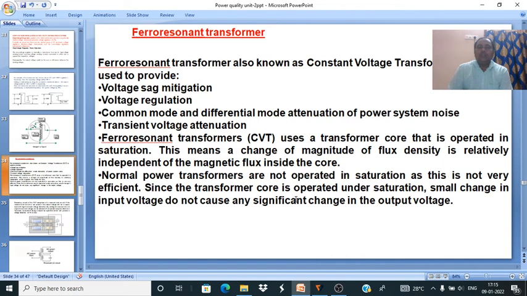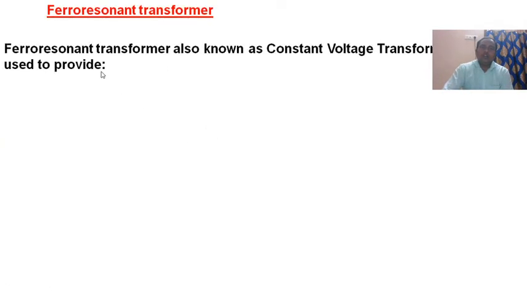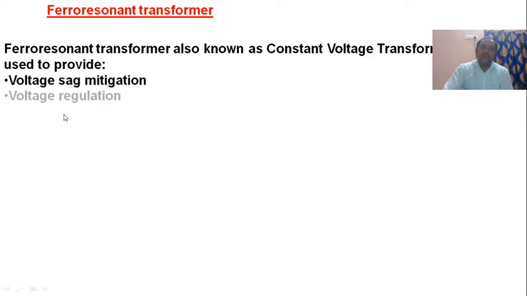Next one is a ferro-resonant transformer, an instrument which improves the power quality. The ferro-resonant transformer is also called a constant voltage transformer. Ferro-resonant transformer, also known as constant voltage transformer, which is called CVT, is used to provide voltage sag mitigation, voltage